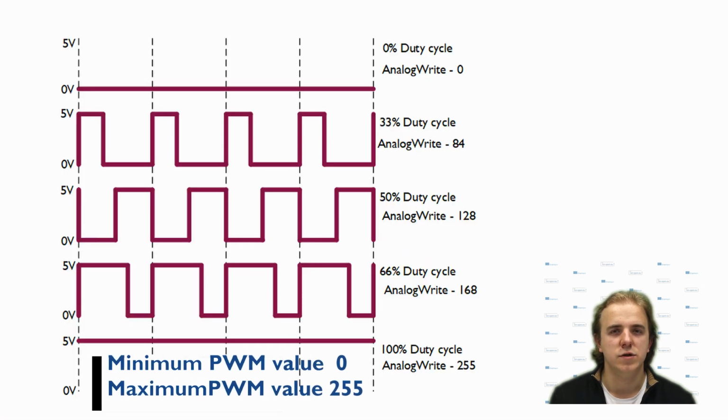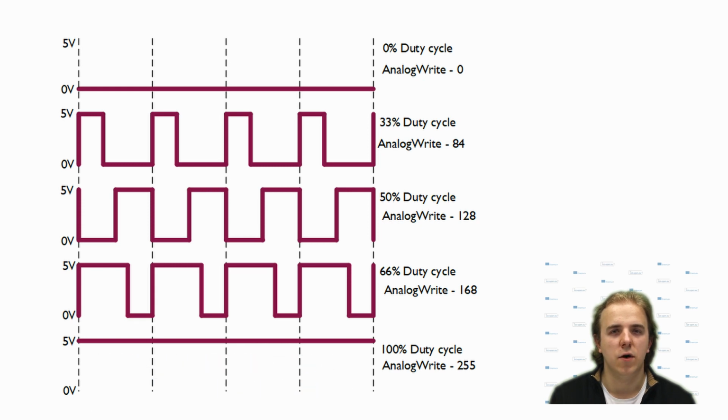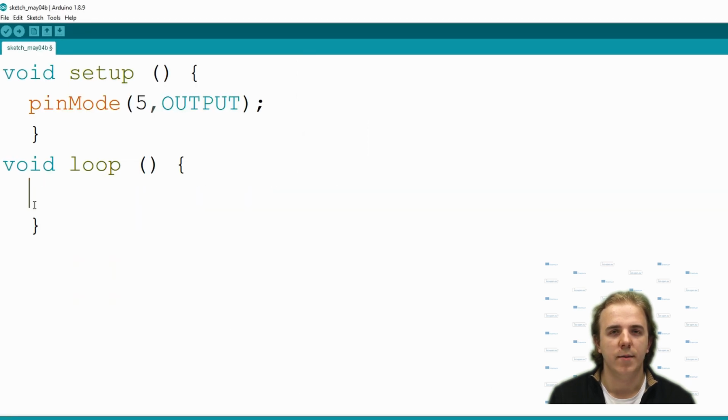Analog write outputs PWM, short for pulse width modulation. PWM is a square wave signal where the pin is either on or off. We can change how long pin is on or off by changing the duty cycle of each period. This is used to simulate an analog output, which can be used to dim LEDs, make sound output, and control motor speed. To demonstrate PWM, we will write the code that dims LED from the previous task.